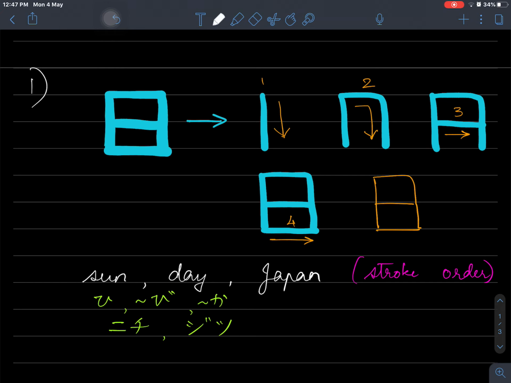It's pretty simple. It should take you around 1 week, maximum 2 weeks to memorize the hiragana and katakana, assuming you are giving it around 10 to 15 minutes each day. That's it. 10 to 15 minutes each day, 1 week to 2 weeks, you'll be pretty good with hiragana and katakana. Then it just becomes a matter of improving your handwriting if you're interested in those things.